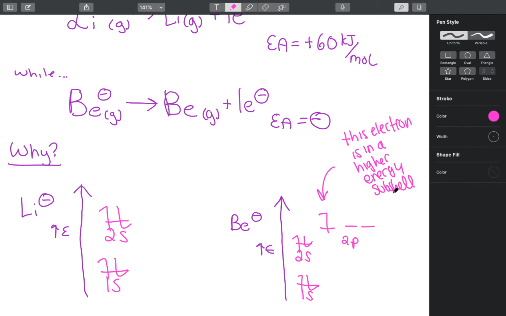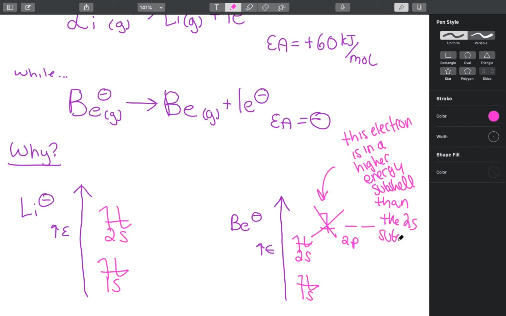So it is much easier to lose this electron than an electron from the 2s subshell, because this electron is more unstable than the electrons in the 2s subshell. Therefore, it's much easier to lose the electron in this 2p subshell because it's higher in energy. So the electron is in a higher energy subshell than the 2s